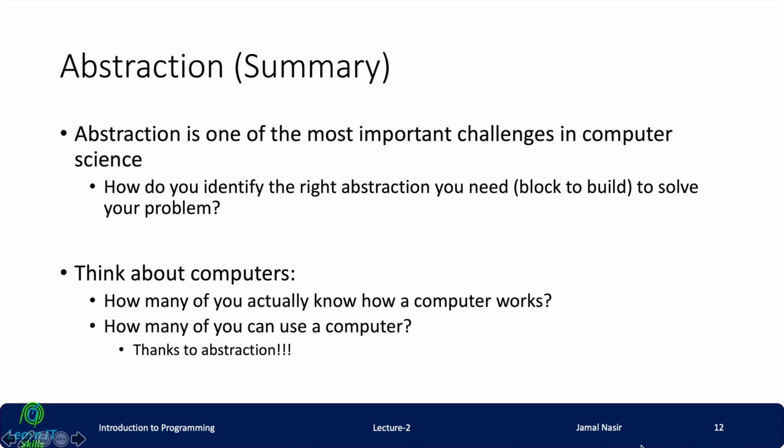You can think, if Facebook has 2 billion users, do you think all of those 2 billion users know how a computer works? No, right? But they can use Facebook, they can use WhatsApp, they can use YouTube, they can use any computer application. So this is abstraction. That's why computers are widely used, because they provide abstraction. They hide details from the users, and they are based on generalization. So this is abstraction.